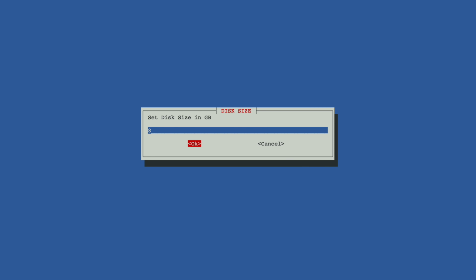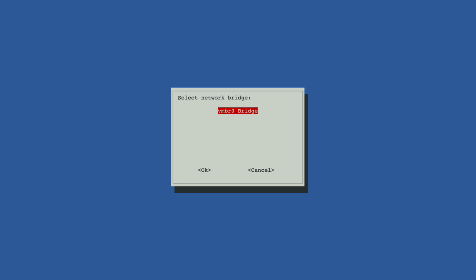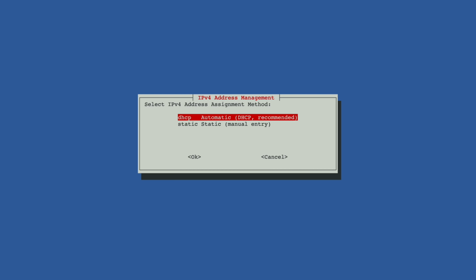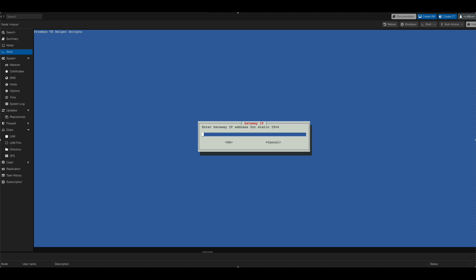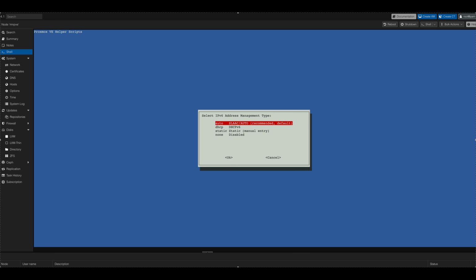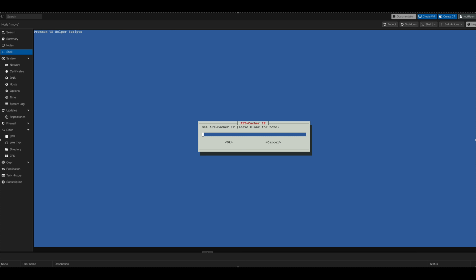set default disk size, 2 CPU cores, leaving at default 2 GB RAM, setting static IP, setting up gateway, IPv6, I'm choosing none, remaining options, I'm choosing the default,